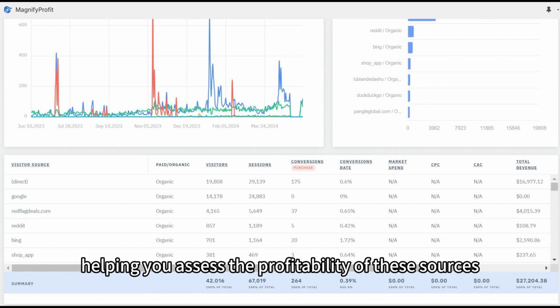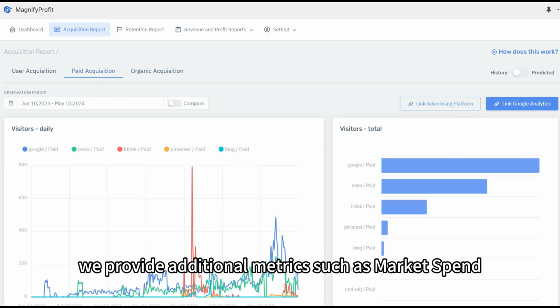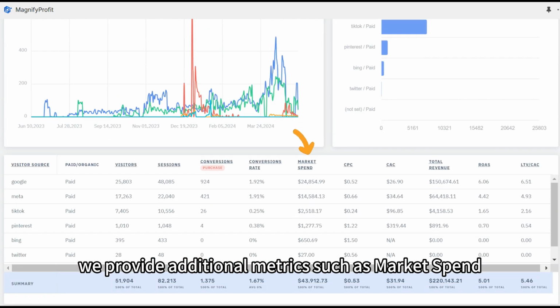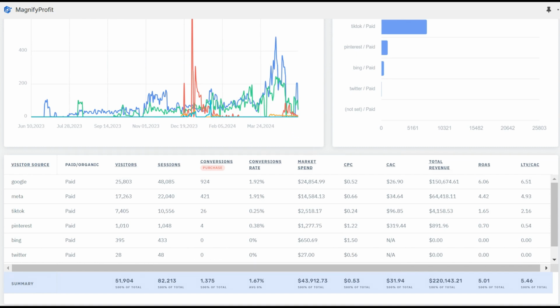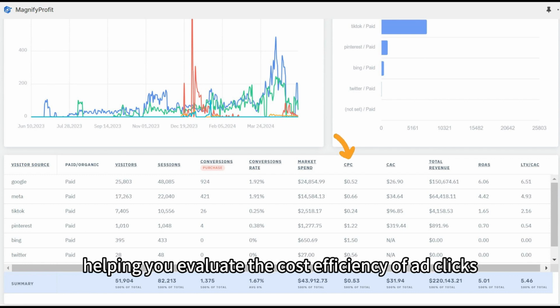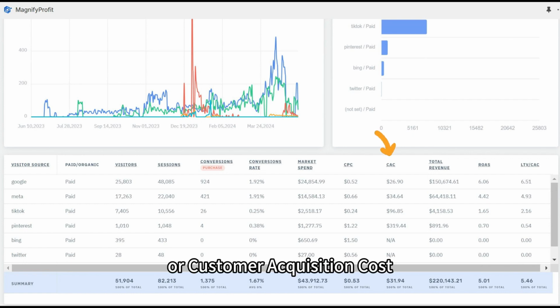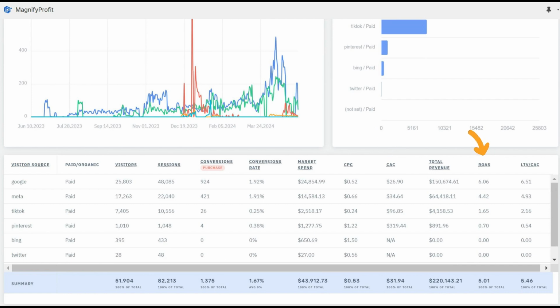of these sources. For acquisition efficiency from paid traffic, we provide additional metrics such as market spend, which indicates the total amount spent on advertising platforms. CPC, or cost per click, shows the cost of each click on your ads, helping you evaluate the cost efficiency of ad clicks. CAC, or customer acquisition cost, shows the average cost to acquire a customer, and ROAS, or return